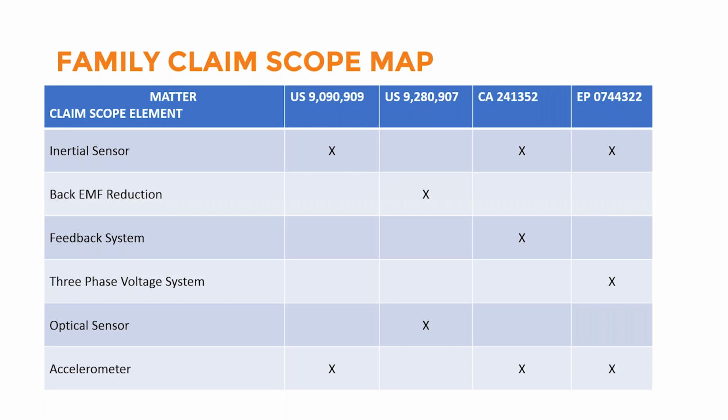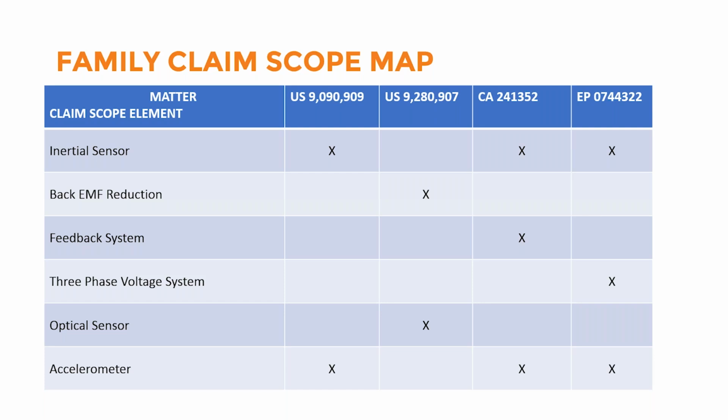So clearly my 909 U.S. matter and my 907 U.S. matter have differing claim scopes. The first one is related to an inertial sensor, more specifically an accelerometer, and the second one, an optical sensor